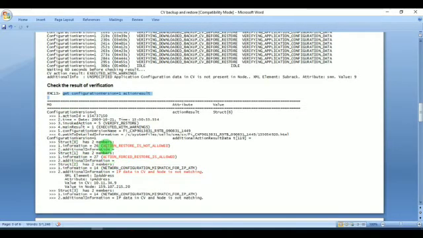Here we can get the notification: action restore is not allowed, action force restore is allowed, and also IP data in CV and the node is not matching, which is nothing but the existing configuration IP data is not matched with the recently restored CV configuration. Here we can get the difference. Value in the CV is this IP address, value in the node is this IP address. There is a difference between both IP addresses.